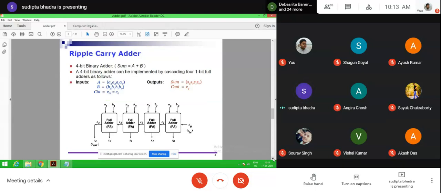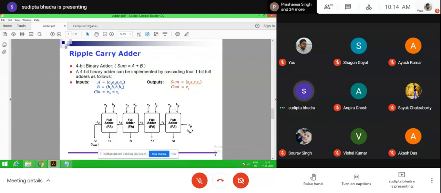Now this full adder can be used to build the ripple carry adder. In case of ripple carry adder, what I mean is that a 4-bit binary adder can be implemented by cascading 1-bit full adders as follows. For a 4-bit binary adder, four 1-bit full adders are required.